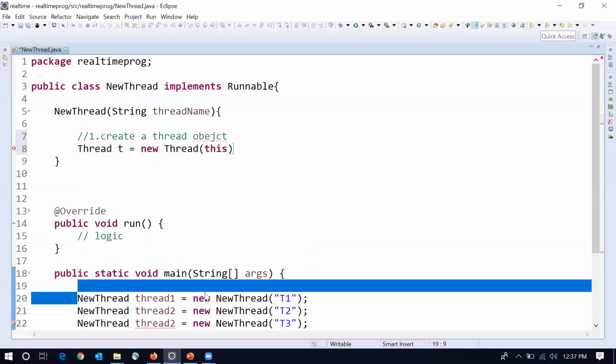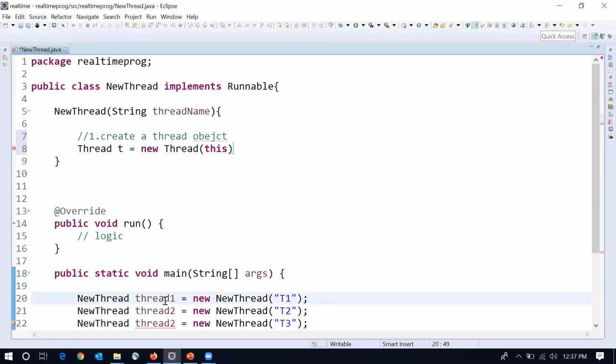Whenever we call this constructor, this is nothing but thread 1. Whenever we call the constructor on the second object, this will be thread 2. In this way, this always refers to the current object on which we are calling the constructor. So this, comma, name of the thread.